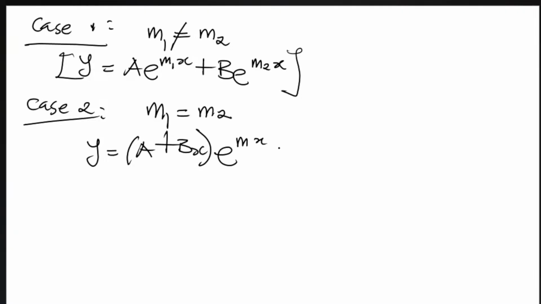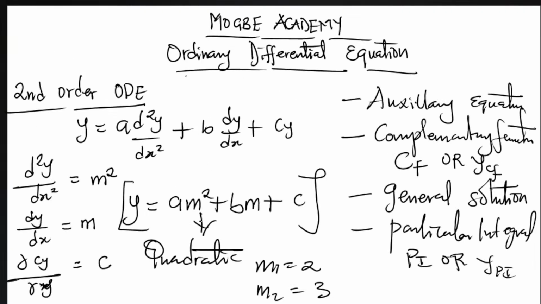Now, from our given equation here, which is a quadratic equation, if we solve this equation and we arrive at the two roots of our equation, and the two roots of our equation are m1 is equal to 2, m2 is equal to 2. You can see that they have the same root, right? Therefore, your m1 here will be the same as your